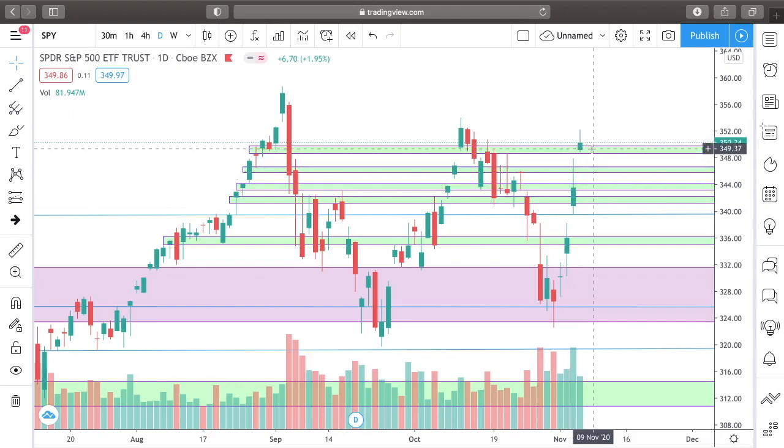On Thursday, prices opened at the level of around 349, and buyers stepped in and pushed prices all the way to the high of around 352. But towards the end of the day, the sellers again stepped in to push prices down. So sellers pushed prices down to a level of around 350 to close at that level for the day. So even though there was quite a bit of buying pressure and bullish momentum behind prices this week,